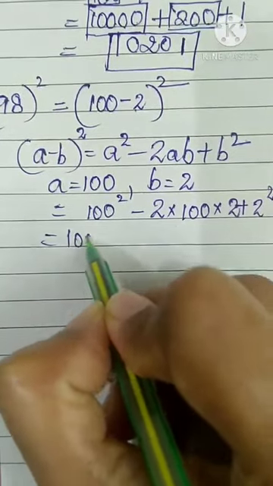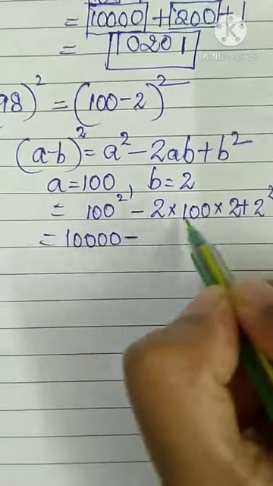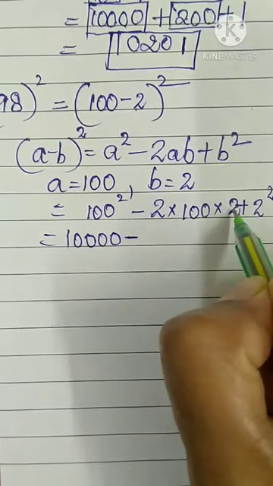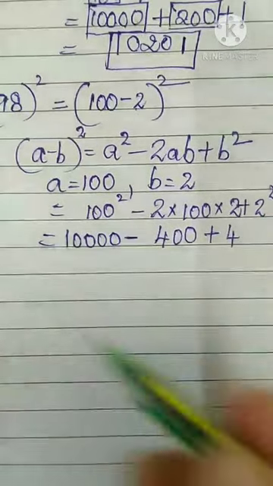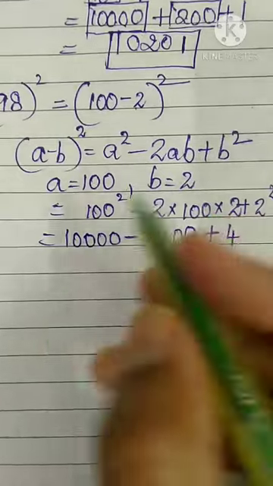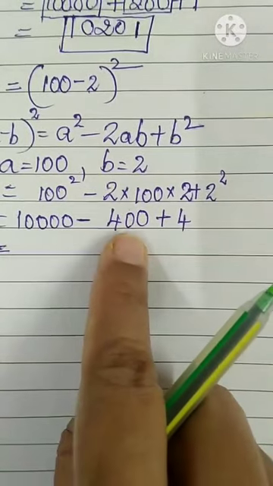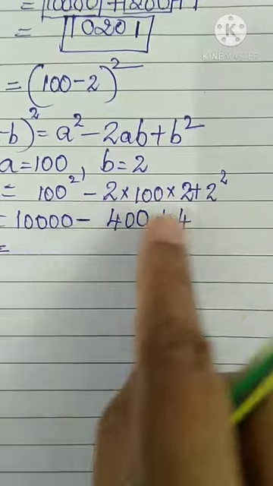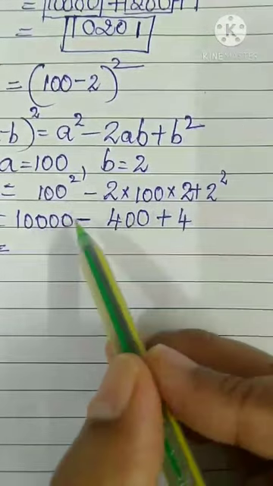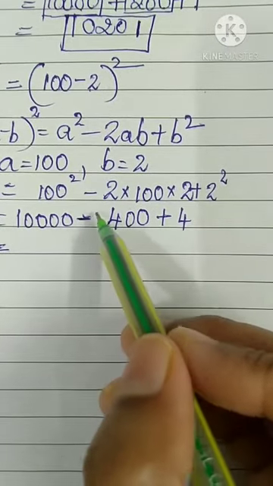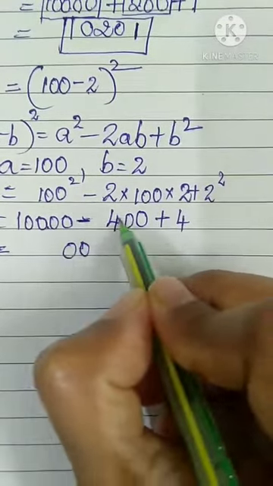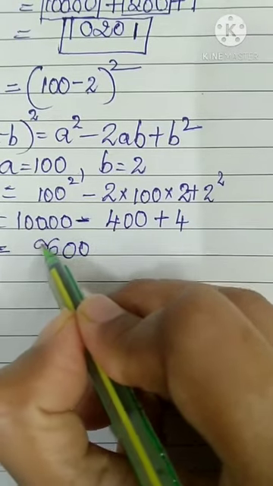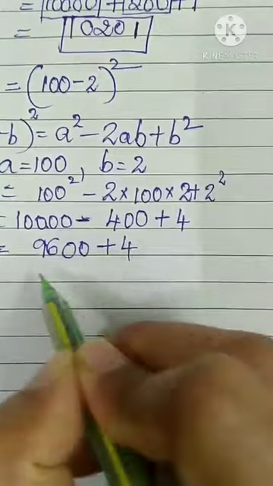100 square will be again 4 zeros you will put, minus 2 into 100, 200. 200 into 4 will be 400 plus 4. Okay? Or 2 2s are 4. 4 into 100, 400. Now do this operation very carefully. First you have 10,000 minus 400. When you have addition and subtraction, what comes first that you will do? Here subtraction is coming first. So do the subtraction. So this you will be doing this way 0 0. 10 minus 4 will be 6. This will be 9. And then we have plus 4. So final answer we got